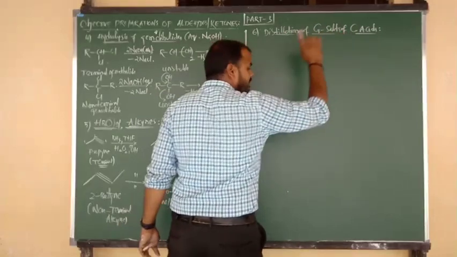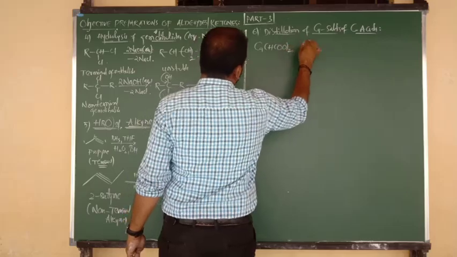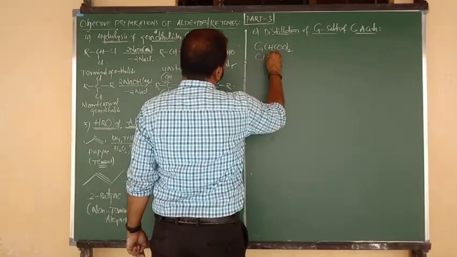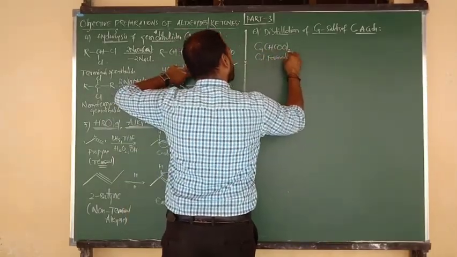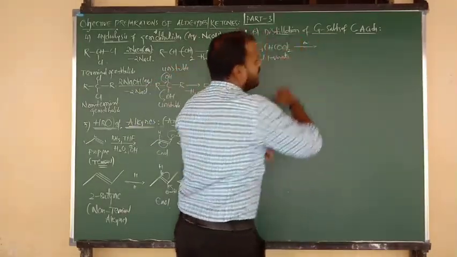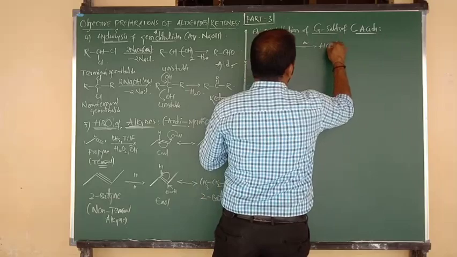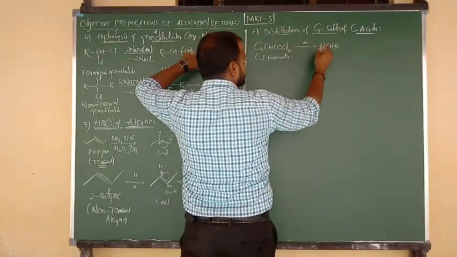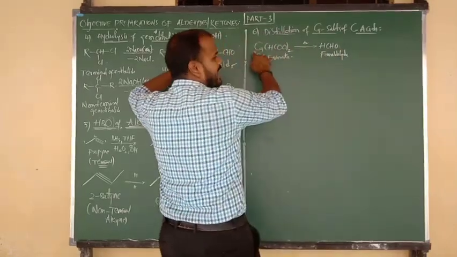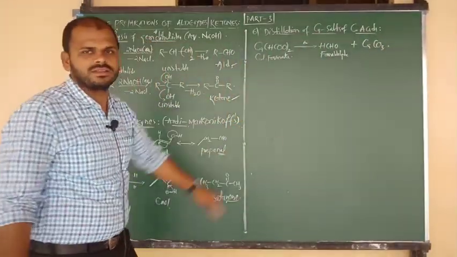Calcium salt of a carboxylic acid, nothing but we can say calcium formate, Ca(HCOO) taken twice. What is the name of this compound, beta? Calcium formate. So we can say calcium salt of what? It is a carboxylic acid, and the exact name is calcium formate. Simply upon heating, it undergoes distillation and changes into the product, which is nothing but formaldehyde. So calcium formate upon distillation gives what, beta? Formaldehyde. And the remaining one calcium is eliminated in the form of calcium carbonate. If you want, you can check, everything will be balanced.